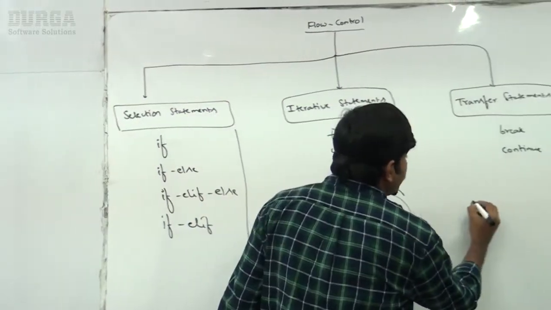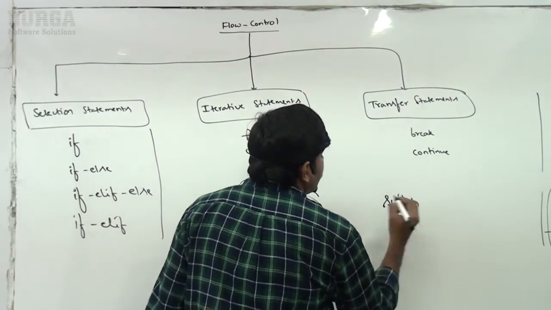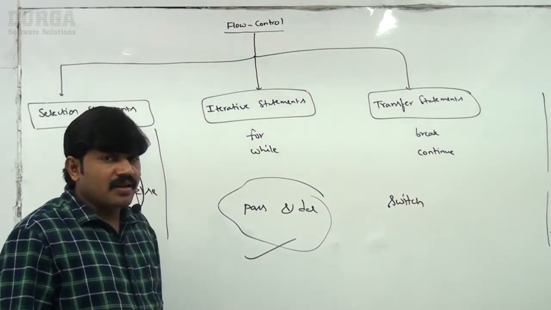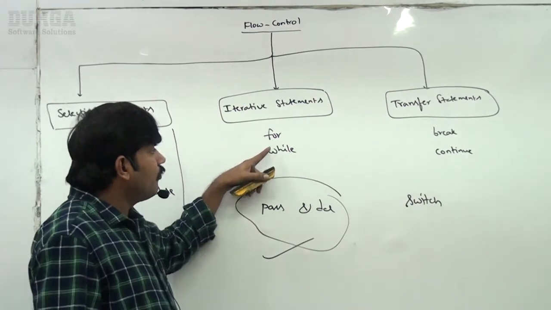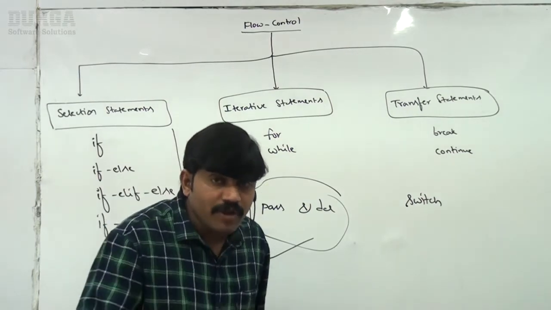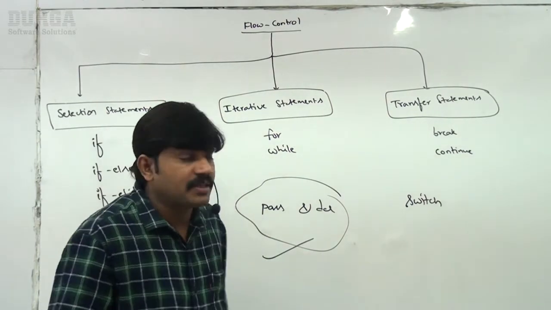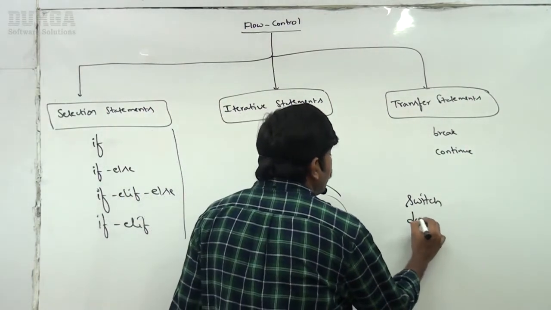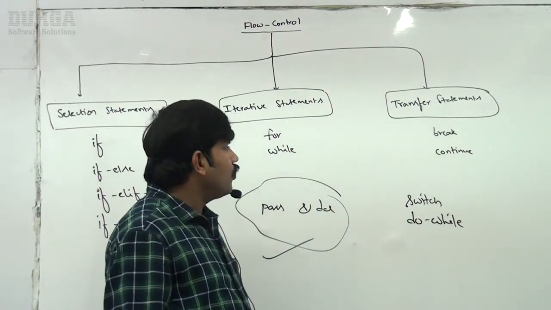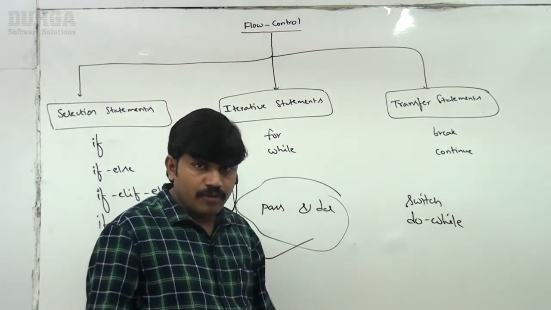So the switch statement concept is not there in Python. Next, sir, immediately I may have another doubt. Sir, you have for loop and while loop, but in C language do while is also there, or in Java do while is also there. What about the do while loop in Python, sir? Please make sure do while is not there in Python. We have only two loops, for loop and while loop only.